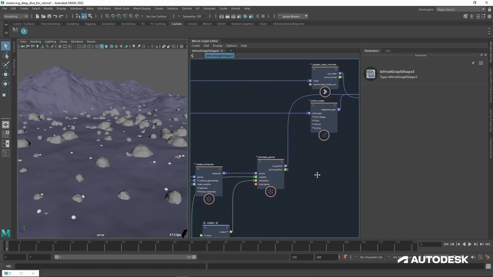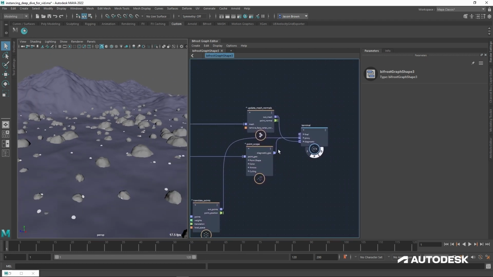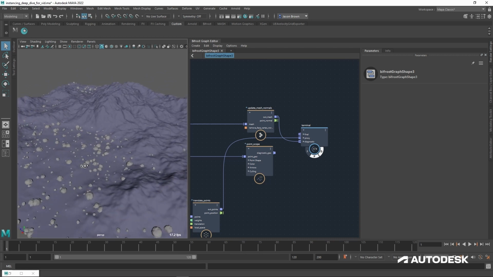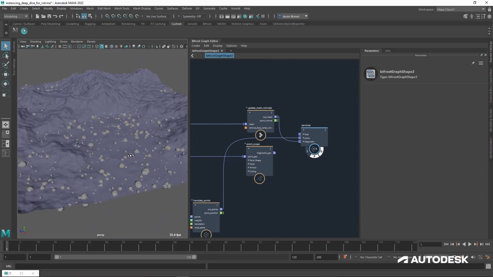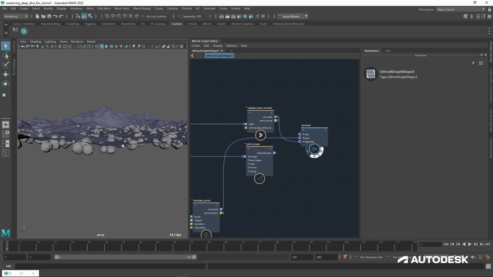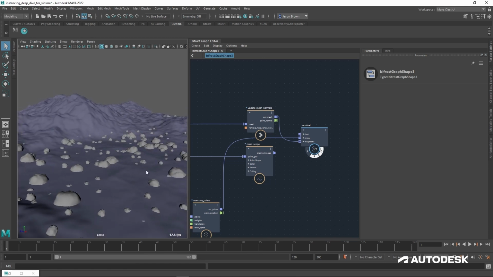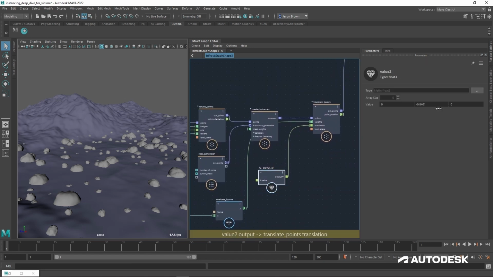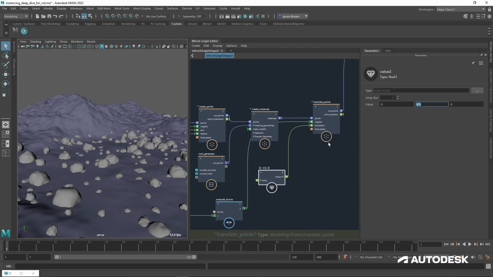And let's quietly just turn off our point scope for a second. So I'll just delete that. Points go away. So now we've achieved our goal. We've randomly scattered some rocks on the lowest parts of the geometry. We've done some adjustments because it didn't look very good. And we've still got the ability to make more adjustments should we want to. I can lift some of them up. That's great.